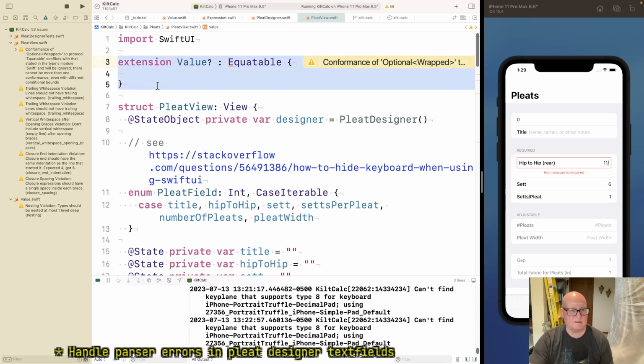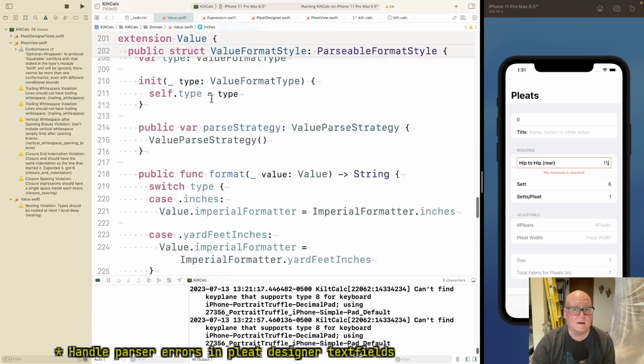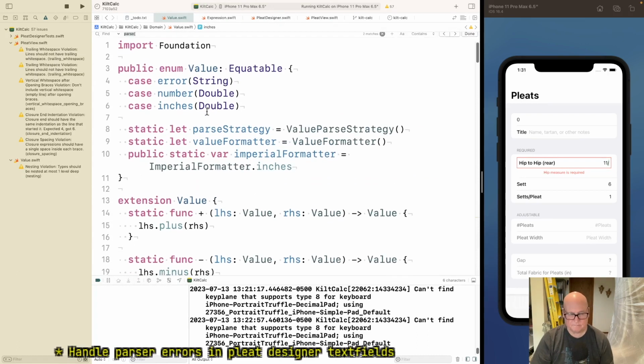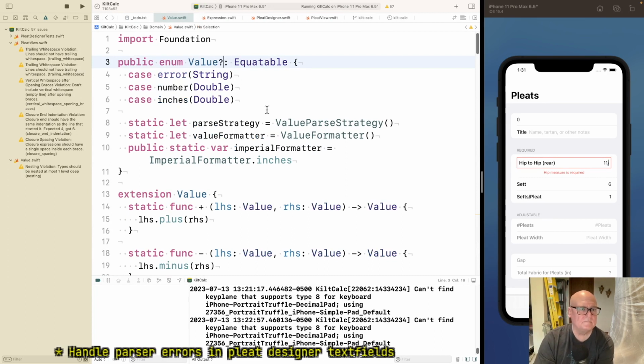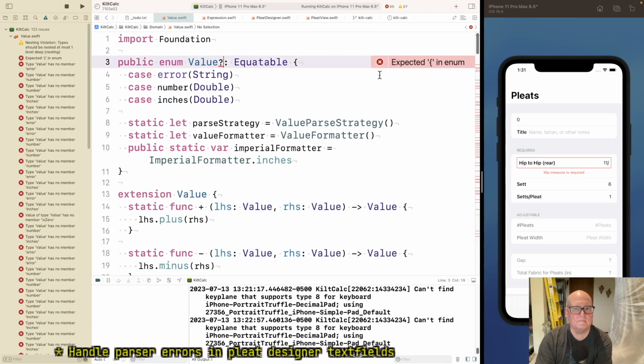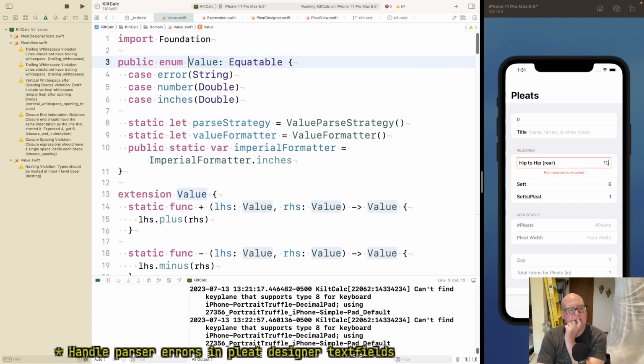Okay, that sort of implies if I didn't have it over there, it might work. Oh, no, that's not going to work. Take this off.